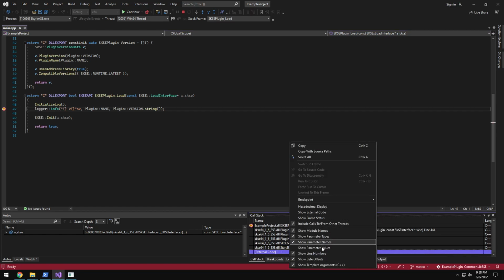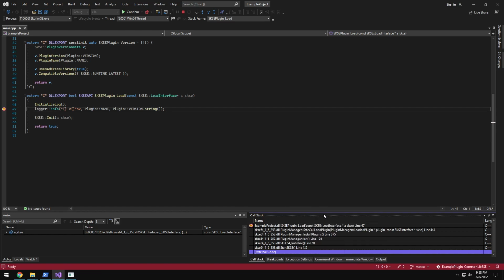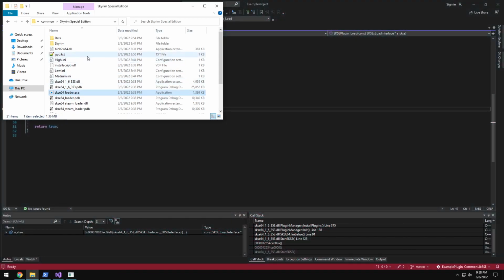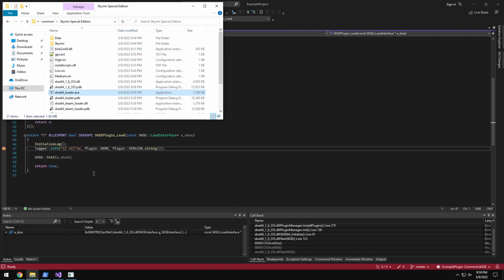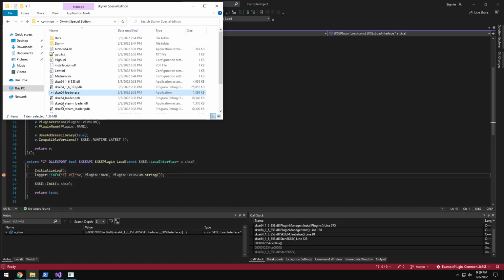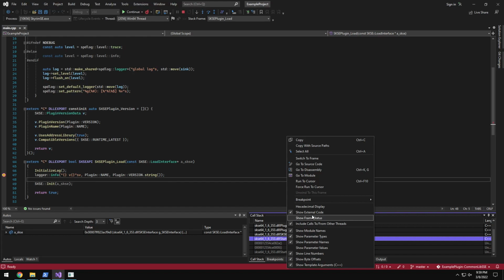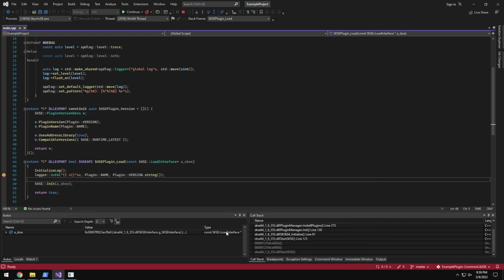Let us, what do I want? Module names. External code. There we go. We want to see external code. And the reason you want to see external code is because external code is going to include the game itself, which is very useful when you're debugging things. Obviously, we don't have PDB for the game because it's proprietary and we're just reverse engineers. So you gotta go ahead and enable show external code to actually see what's going on in the game